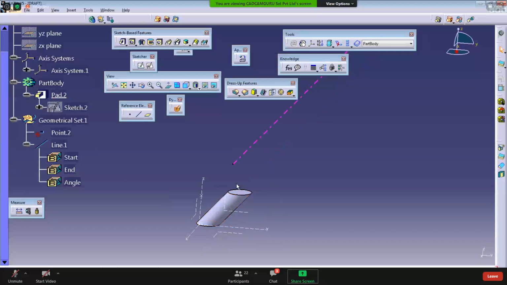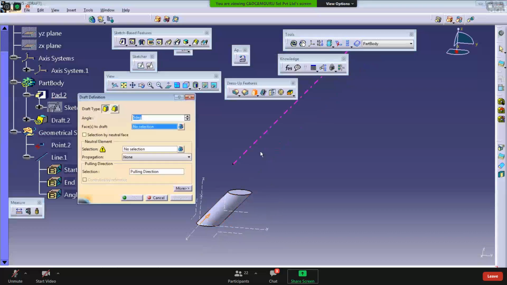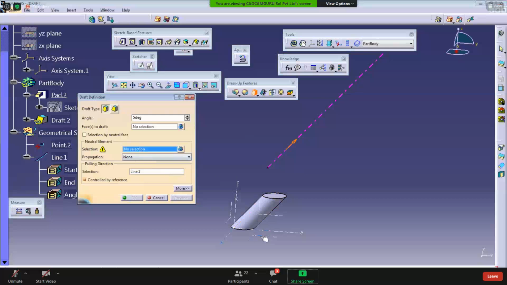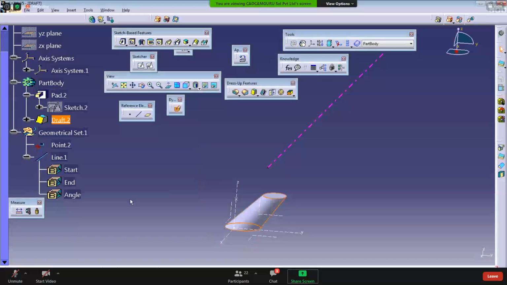Now I use this draft command. Now your direction of tool is not vertical. In that situation, we can use this line. Neutral element, let's say, is this face, and faces to draft is this inclined face. Preview. Okay.